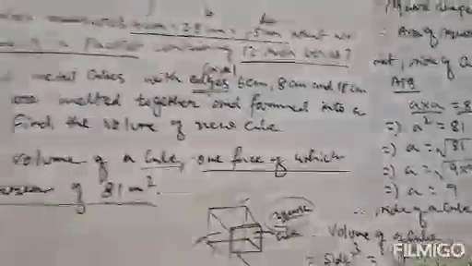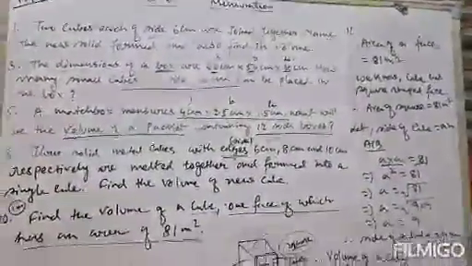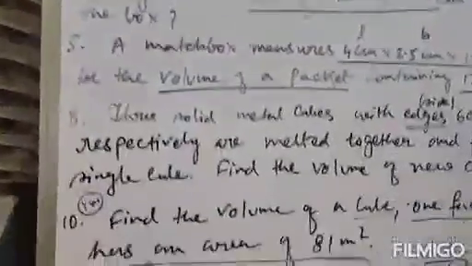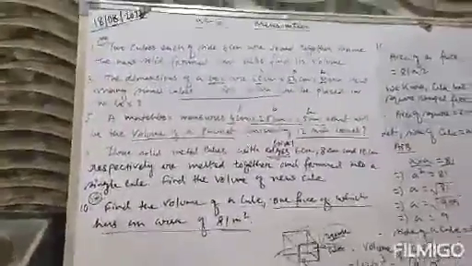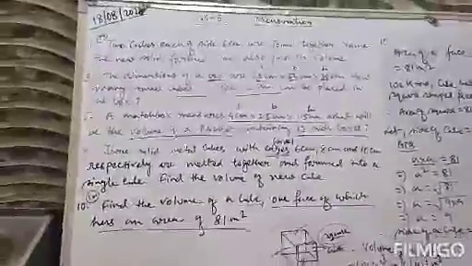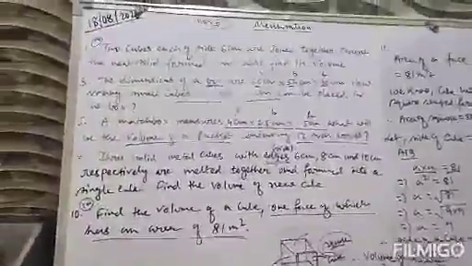Clear? So with this, exercise worksheet 5 is complete. This worksheet is very easy. Only this conceptual sum is important, and this other conceptual sum is important. That's why I have selected these two questions. The rest of the questions are very easy. Question number 1 and question number 10 are a little bit different. Clear? And the remaining sums you can easily solve.